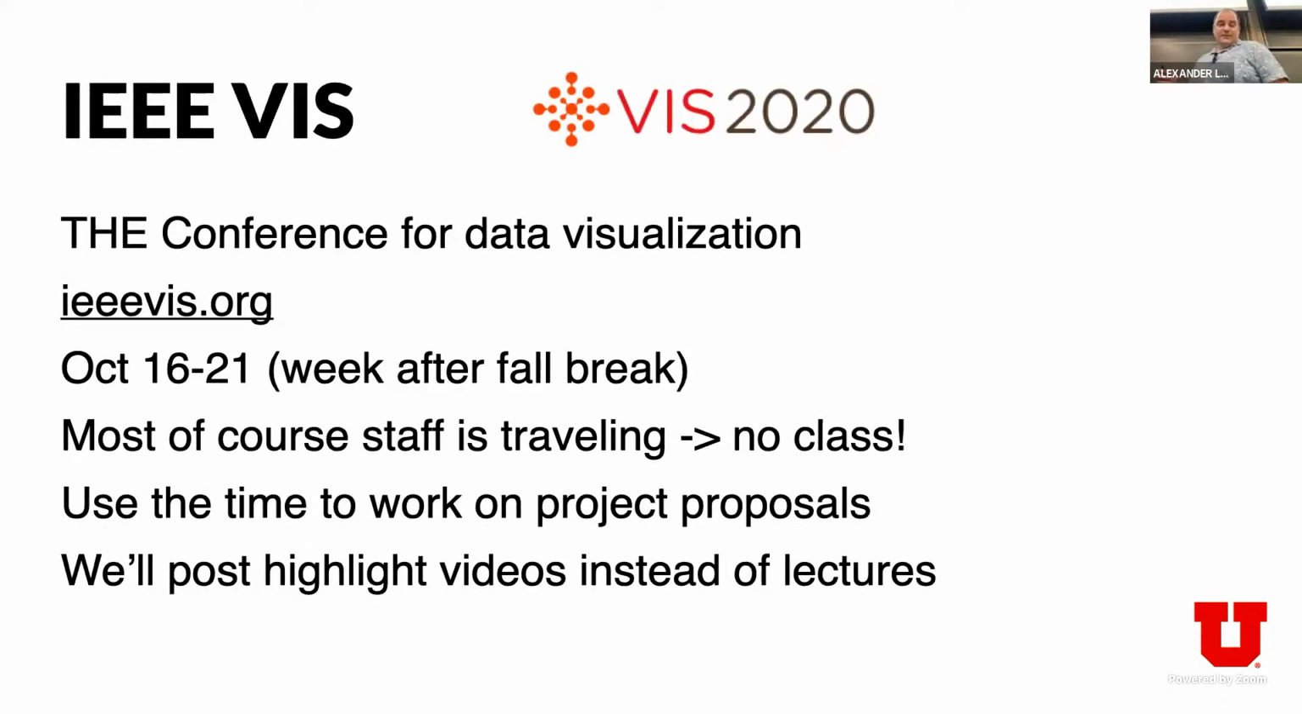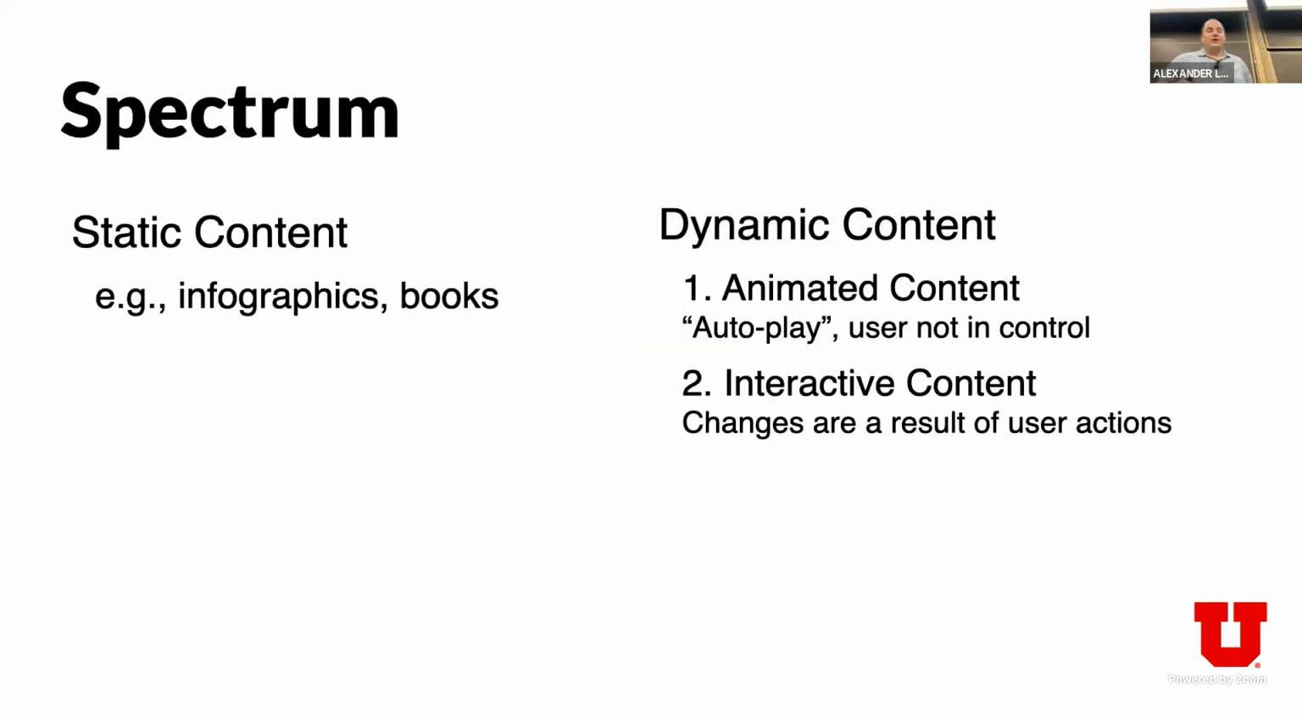Let me just skip ahead. Okay, so I'm just going to recap quickly what we said last time because we barely got started with interaction. Between static content and interactive content, there's a spectrum where static content would be things like infographics that you see on a static website, or even in printouts or in books, and then you have